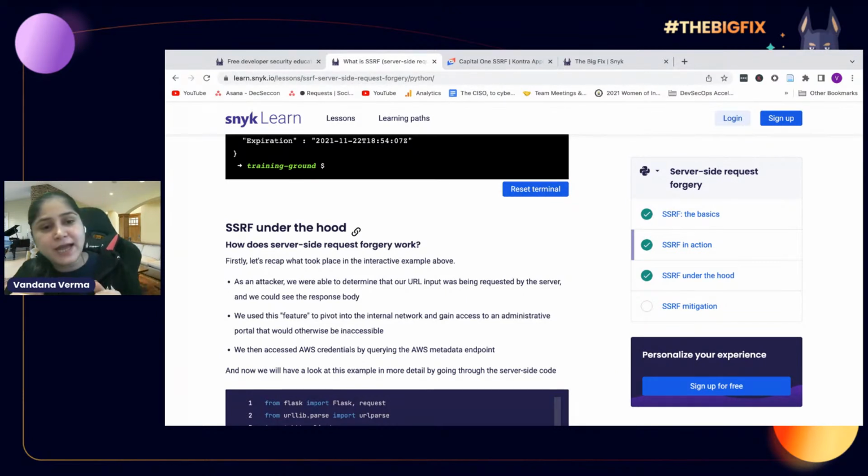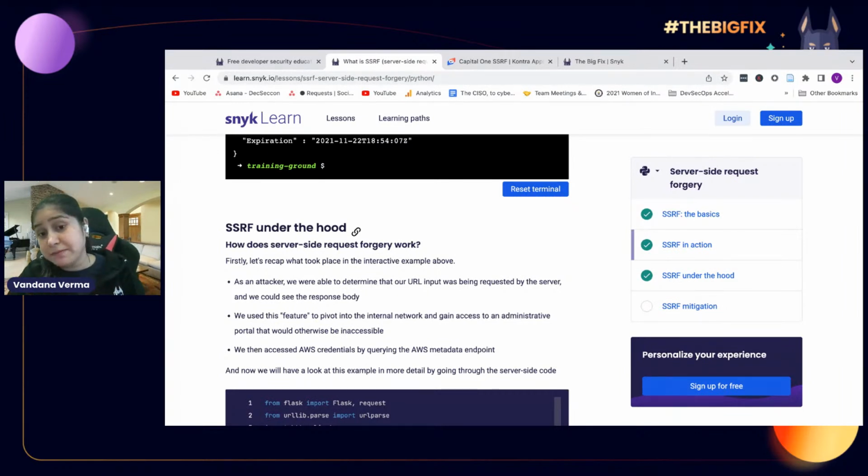And input validation has been one of the big challenges for every organization, whether to whitelist, blacklist, and what to do with these. So very, very important we understand these things. Now, another challenge with SSRF is how it can be exploited when we are able to access internal resources. So we were able to access the internal URL and we were able to play around.